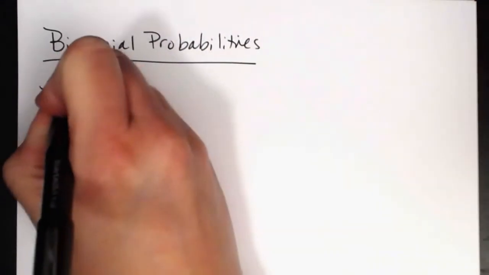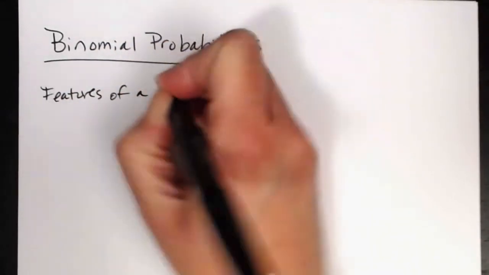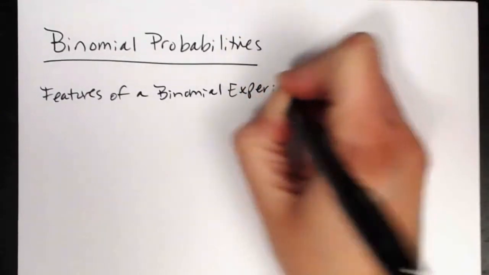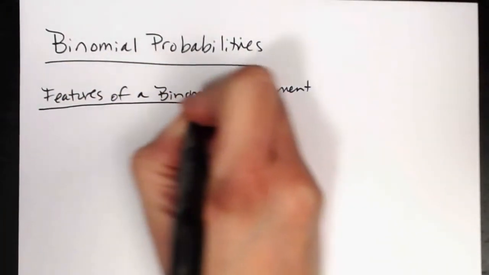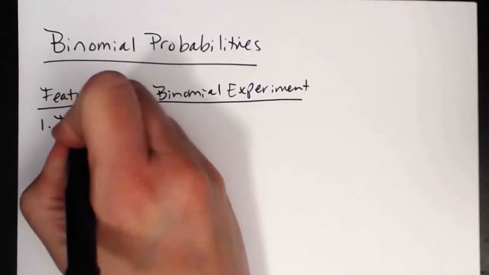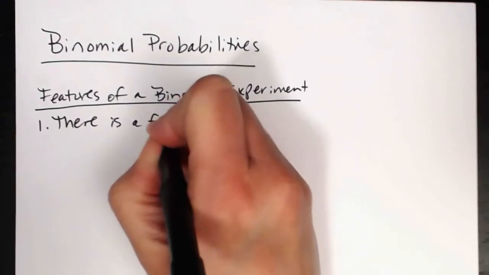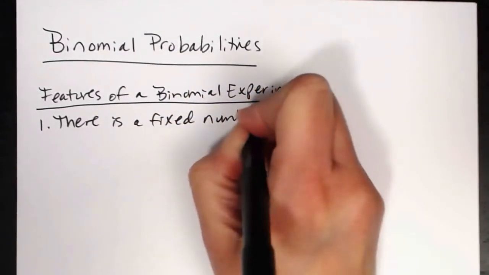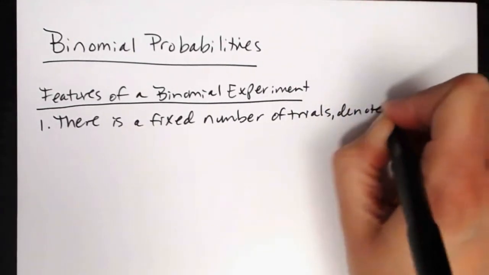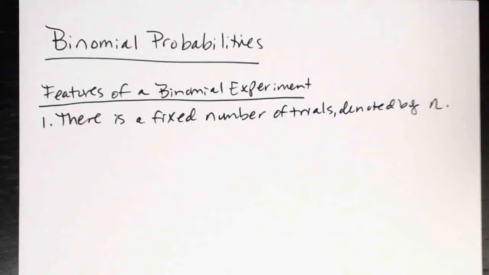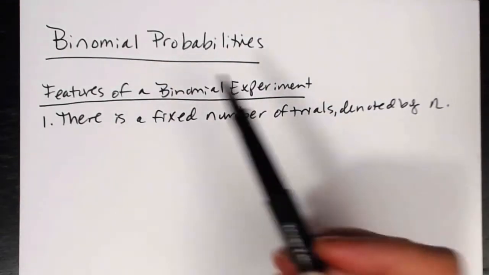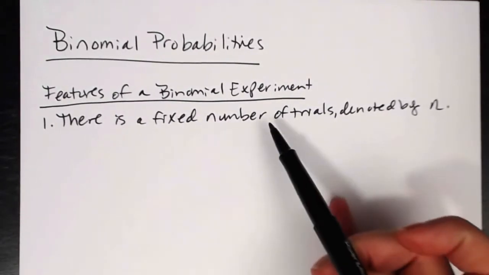So we want to talk first about features of a binomial experiment. Feature number one, there is a fixed number of trials, denoted by the lowercase letter n. Okay, this cannot be an ongoing experiment. This has to be an experiment that is repeated a certain number of times, and then that's the end of